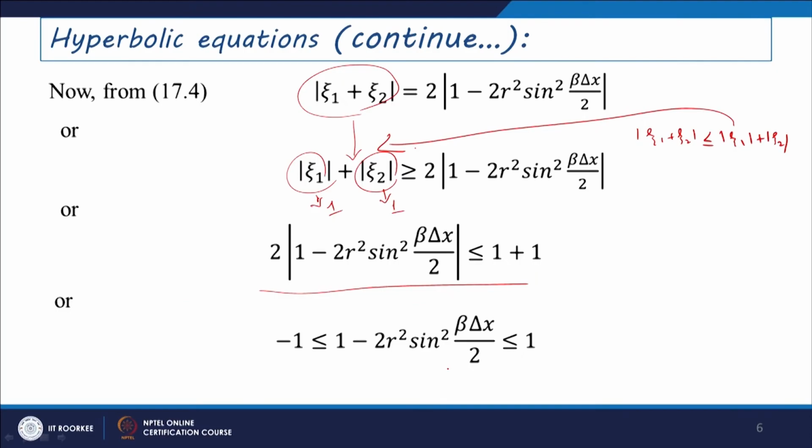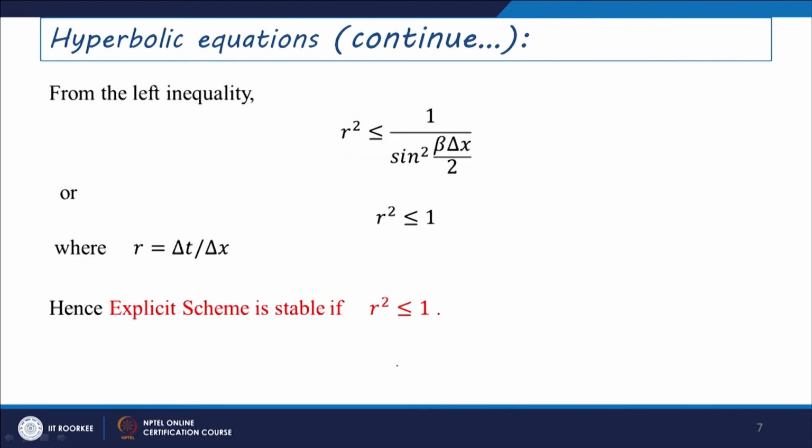So, from the left inequality we can write r square should be less or equal to 1 by sin square beta delta x by 2, and this means that r square should be less or equal to 1, since the maximum value of sin should lie between 0 and 1. So, that is why we can consider it in absolute form. In this case, r square should be less or equal to 1